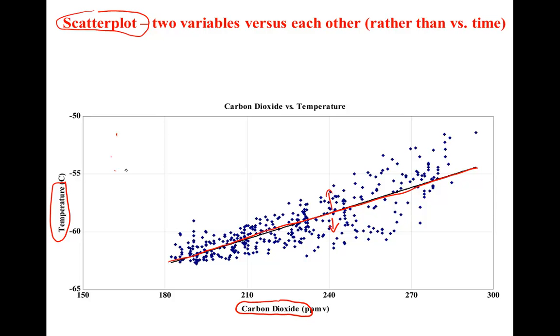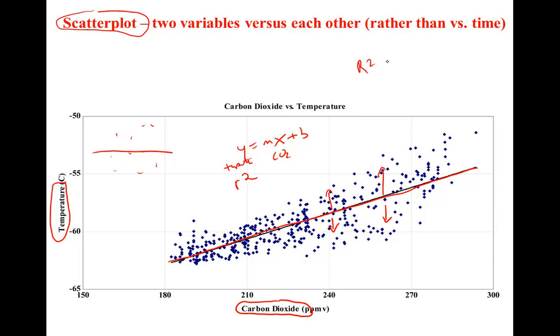A random relationship would have a line with no slope. This line certainly has a slope. It has an equation, again, of the form y equals mx plus b. X is CO2, y is temperature. How strong that linear relationship is is shown by a statistic called R squared. R squared is a measurement of how much scatter or deviation there is in the data points from that line.